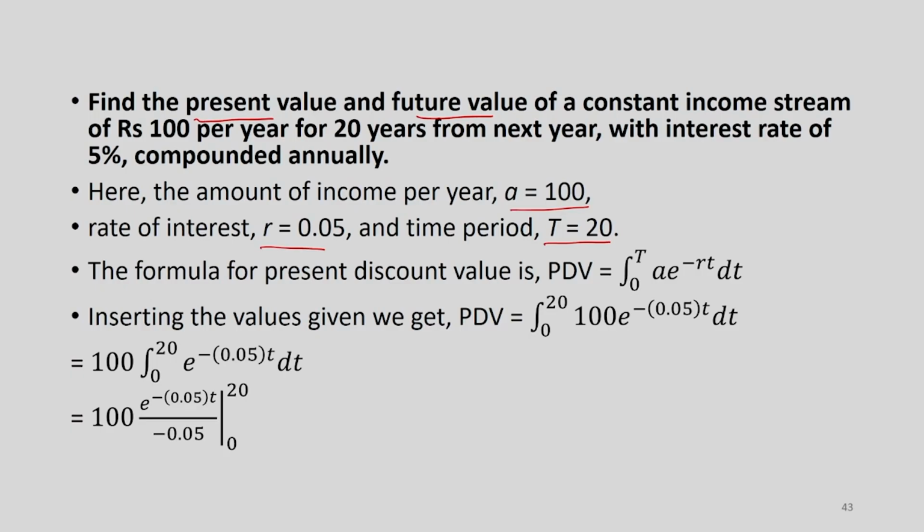It is compounded continuously. So, the PDV will be this. This is the standard formula that we have just used in the previous problem also. So, here I just have to insert the values that are given to us. A is equal to 100, R is equal to 0.05, T is equal to 20. So, we have put those values here. So, this is the integration that we have to do, and this is again the same formula, e to the power minus RT divided by minus R, and the limits are 20 and 0,